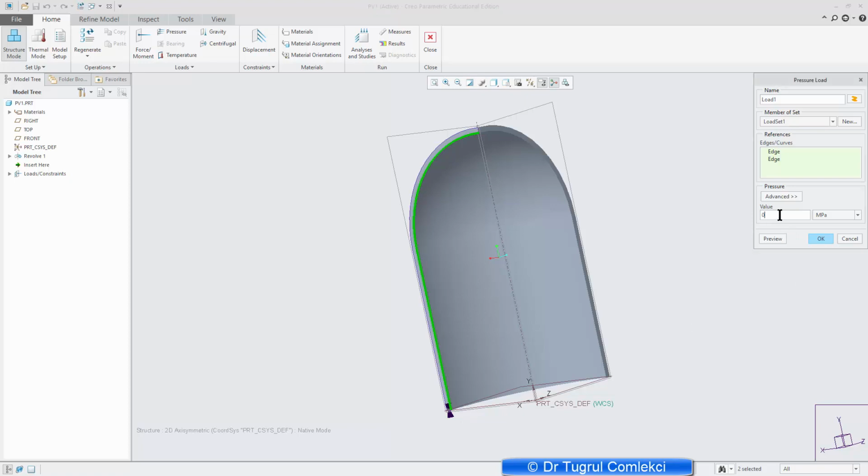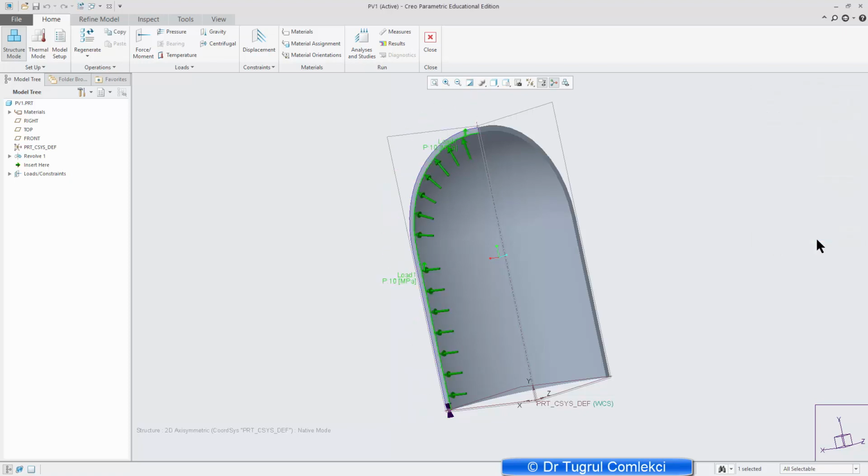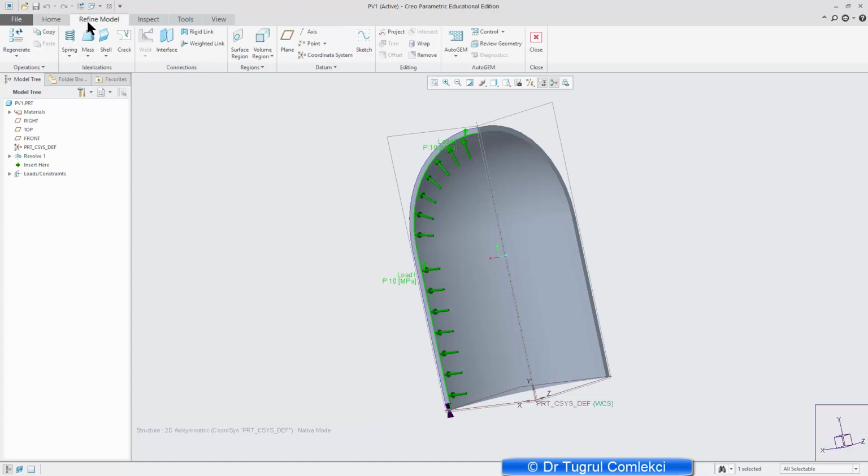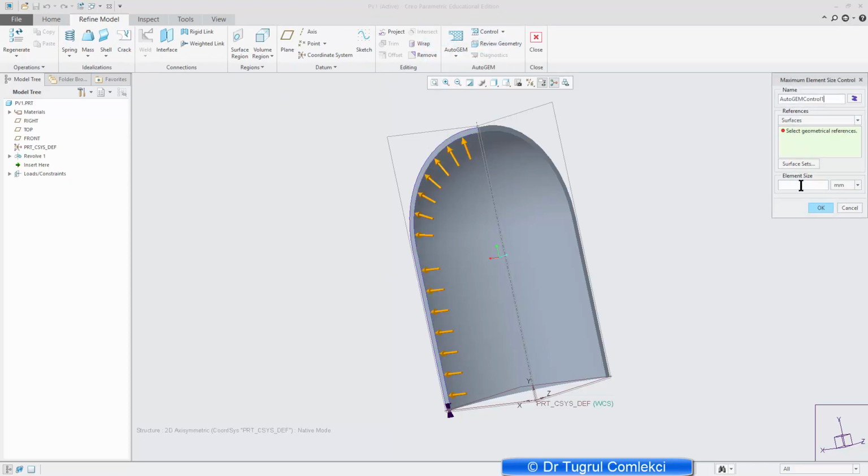So the value of the pressure I want to add is 10 megapascals. I can preview that, and that looks OK, and press OK. So my displacement boundary condition and pressure is applied, and therefore my model is ready to solve. But I can go and refine my model a bit more by adding a maximum element size. Because these are P elements, I can leave it to the default and use the adaptivity to make it converge,